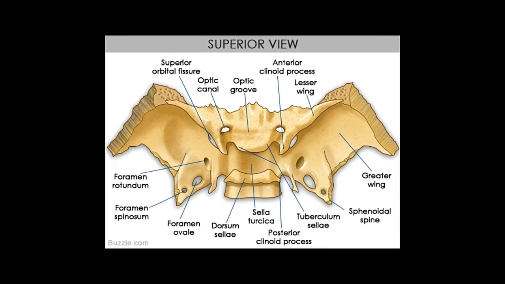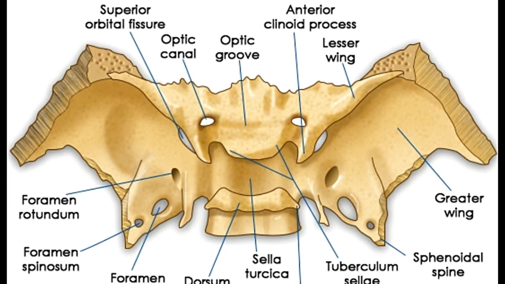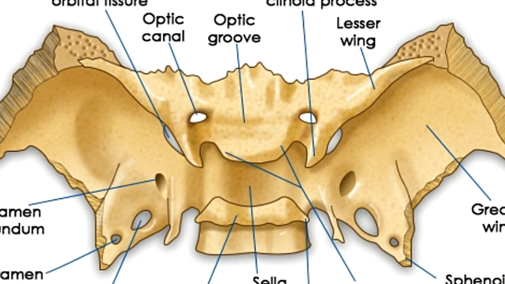Greater wings, also referred to as ala major, are larger than the lesser wings. These bone plates curve upwards, to the side and back. These assist in the formation of the floor, as well as the lateral wall of the middle cranium. The greater wings begin with a broad base at the lateral surface of the sphenoid bone body. These wings each have 4 surfaces: cerebral, orbital, temporal, and maxillary.